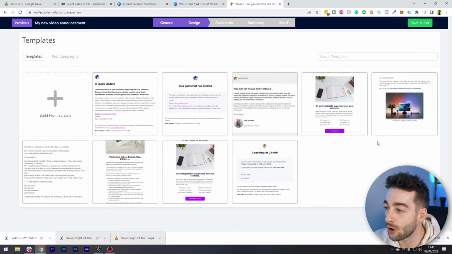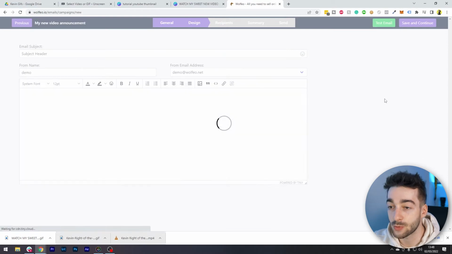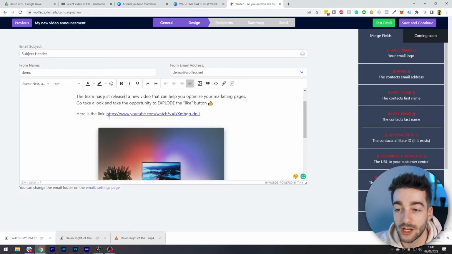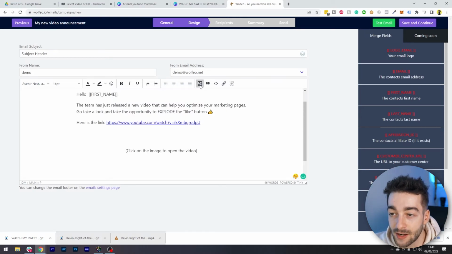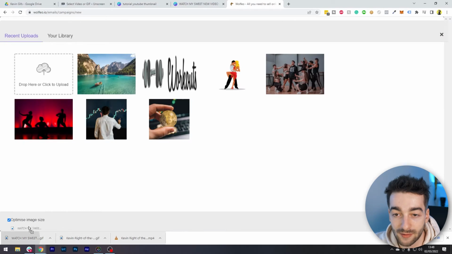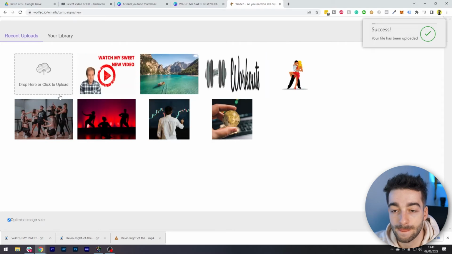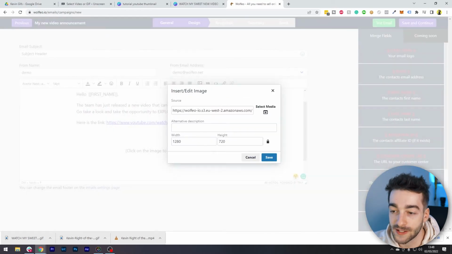Next, and then here you got a bunch of different templates you can select from. So for example, let's use this one. And then here you can customize the text however you like. You can add your link of your YouTube video, but what we're going to do here is actually delete this, and then we're going to import our brand new media that we just created. So we're going to import our GIF just like this, and that's going to upload into Wolfio. And then here you can see we've got the GIF. We're going to press use this media,